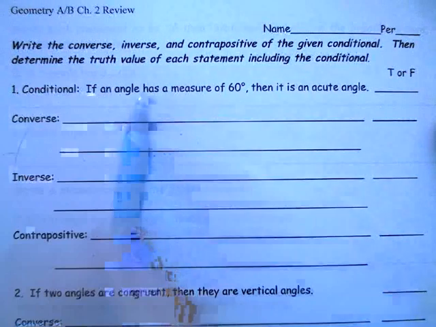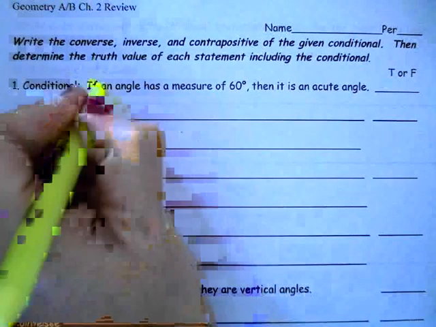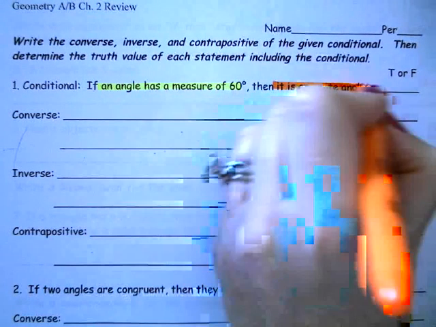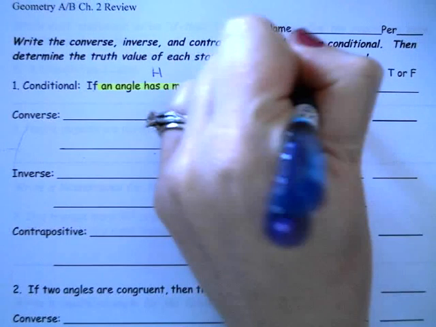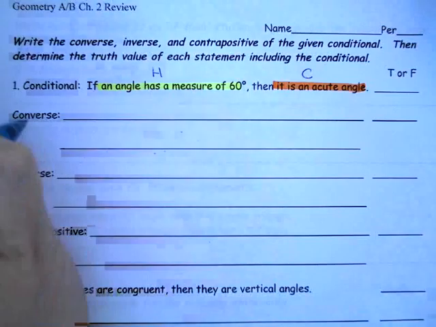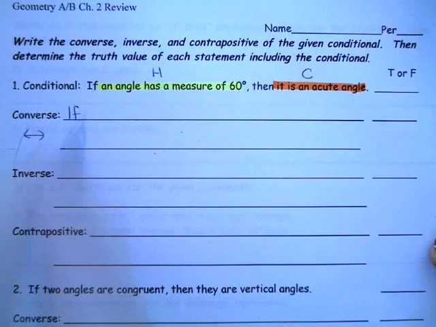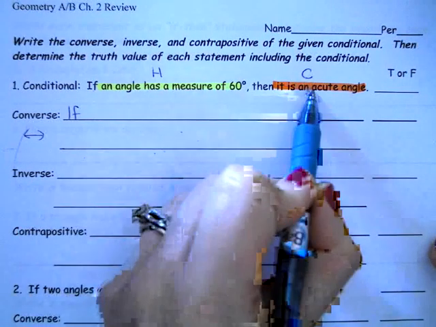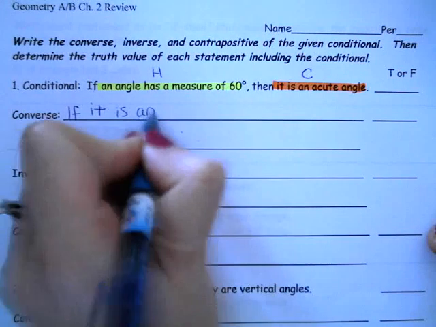So what I'm going to do is highlight my hypothesis and highlight my conclusion a separate color. I will call this my hypothesis and my conclusion. And for the converse, remember you want to flip it. So we still have if and then in our sentence, but instead of putting the hypothesis first, we're going to put the conclusion. So if it is an acute angle,